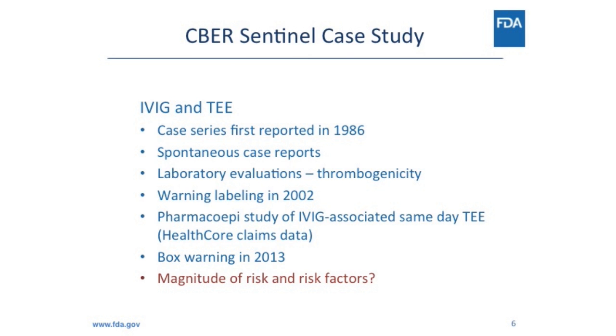FDA has received spontaneous adverse event reports as well, showing concern for this event. Laboratory work has been done to show that the product certainly appears to be thrombogenic, both inherently as well as the potential for contaminants. A warning label was first put on the products in 2002, and we had a pharmacoepi study performed with healthcare claims data, which indicated what appeared to be an increased risk for same-day thromboembolic events following IVIG use. We have a box warning in 2013 on the products, and yet there were still questions that